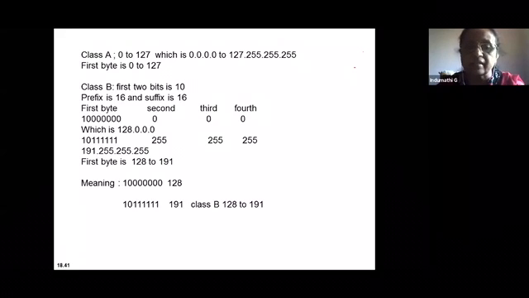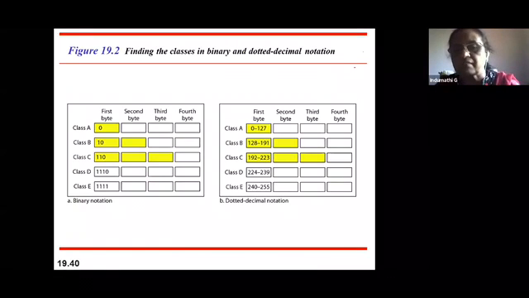Similarly, you can work out like this for class C. So the class C starts from, if you see, 110 represents class C. You can see that the class B has ended at 191, so class C should start at 192. And how is it ending at 223 is because for 192, you represent 110 followed by all zeros. And for the last portion, how did you get 223 is that instead of all zeros, you retain 110 and the remaining bits are all ones, and you get 223. Similarly, all other classes.